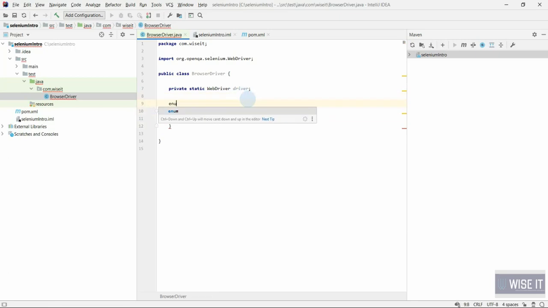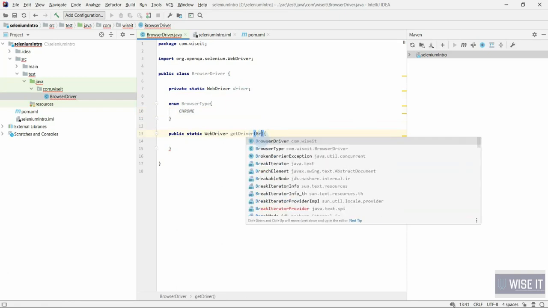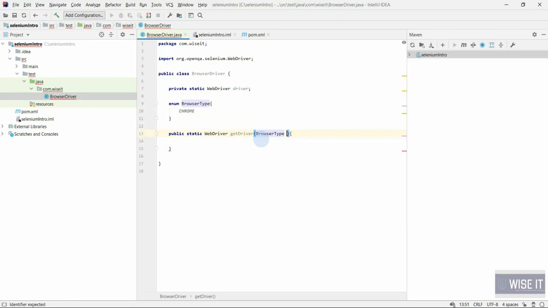So enum, I'll say browser type, and under this I'll mention the kind of enum, Chrome. And now somebody from outside, or some class from outside, will call this method like this: getDriver, browserType.Chrome.